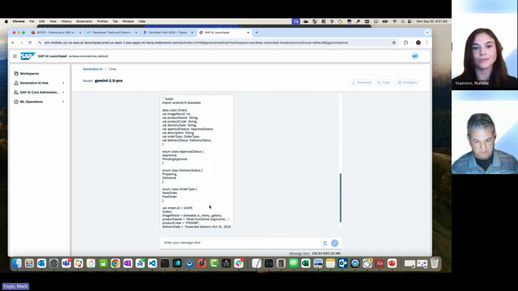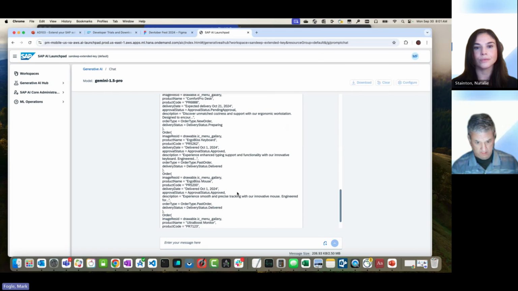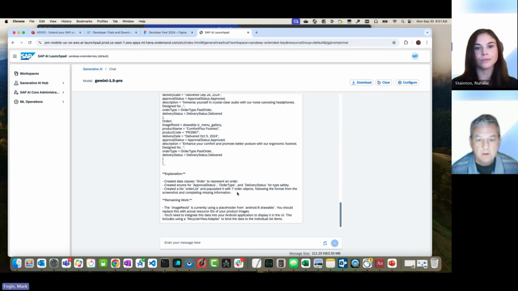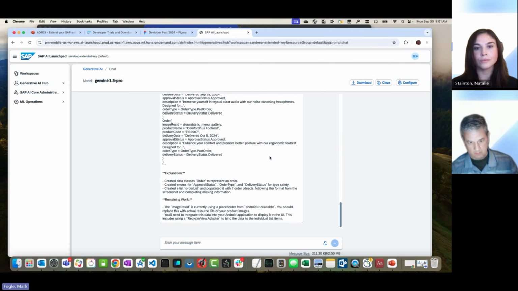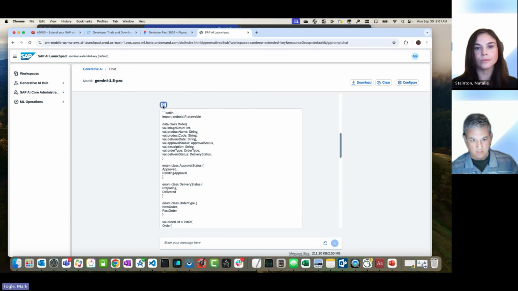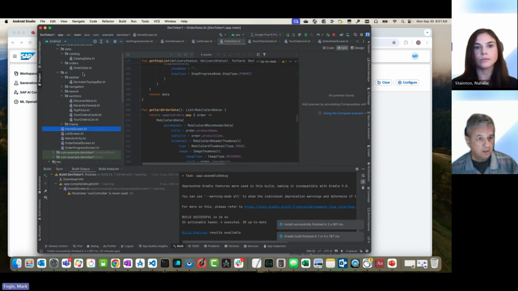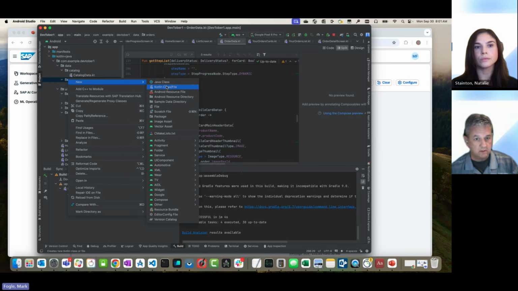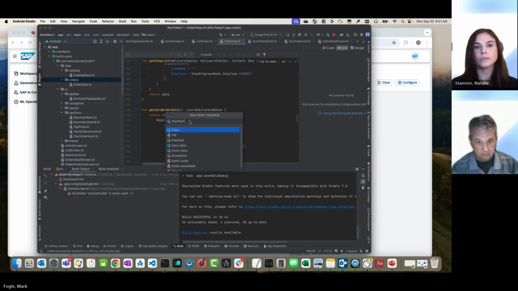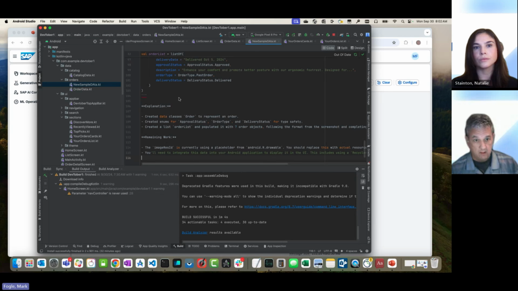And I see my enumerations there, and a list of sample data. It's picking up all the text off the screenshot, and it's making up some feasible sounding products like the SoundFlow headphones, the Comfort Plus footrest. I could use that, and the Ultra Boost monitor. Those all sound great. So I can copy that output, and I'm going to go over to Android Studio, and let's just make a new file, let's put it in the orders. And if I paste that in and remove all of the commentary,